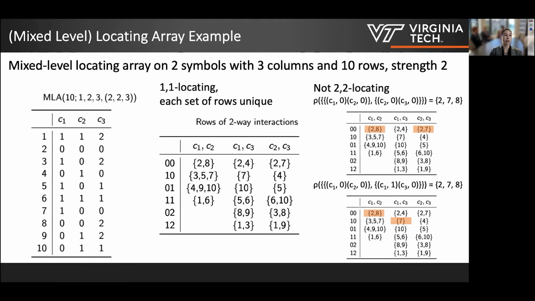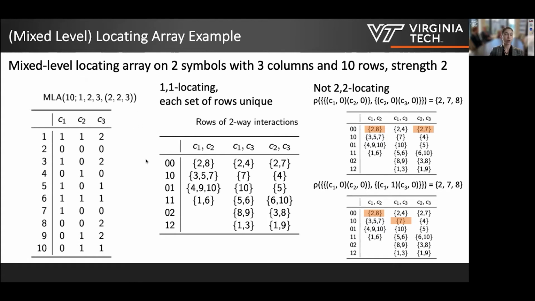Likewise, if I went to look at where column 1 has symbol 1 and column 2 has symbol 0, so I'm looking at the 1, 0 row, then that would occur in rows 3, 5, and 7. And in this way, we write out all of the interactions and all of the rows in which those interactions occur. And again, this slide is a little bit wonky, so I messed up some of my numbers on this slide. This one is 1, 2 locating. So D is 1, T is